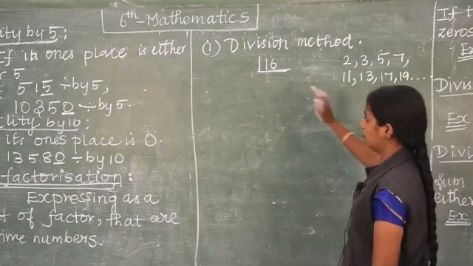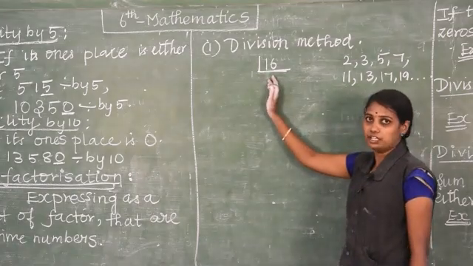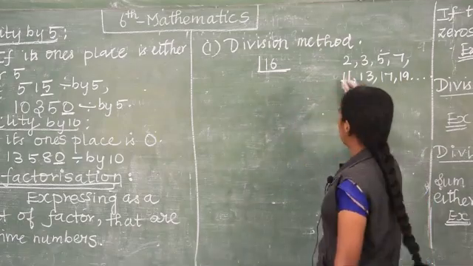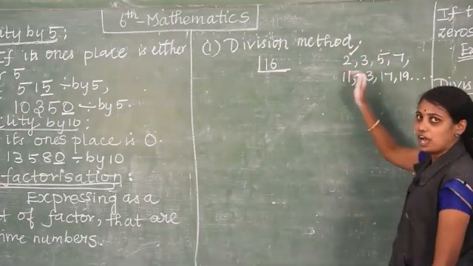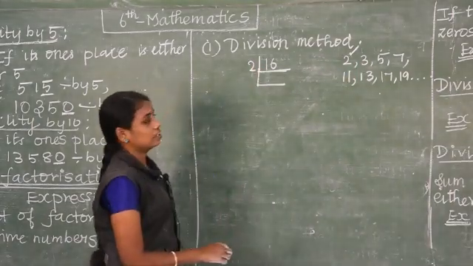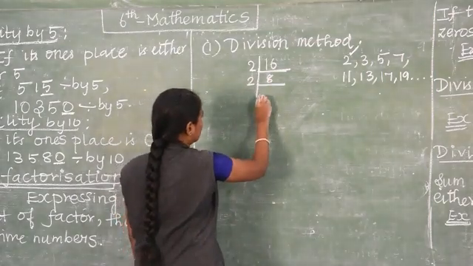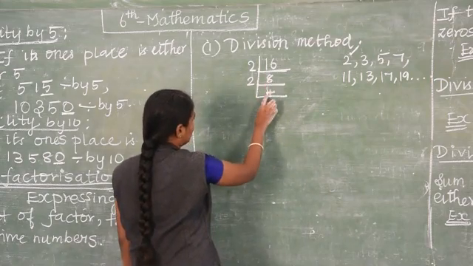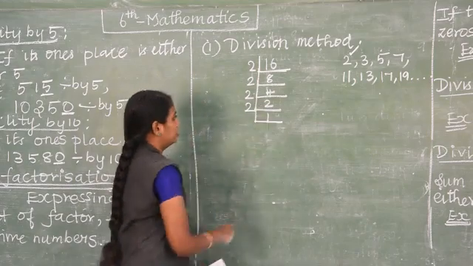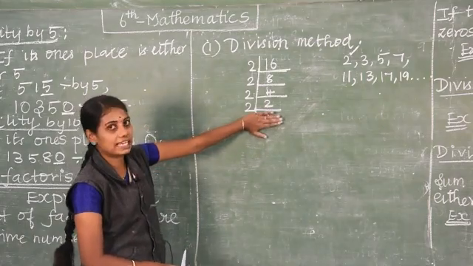Using these only we are going to divide the number 16. You know that it will come in the 8 table, but we should use only prime numbers. So I am going to follow the prime numbers starting from 2, the smallest number. How many times will 2 come in 16? 2 table, 8 times. 8 again, 2 table, 4 times. 2 4s are 8. 4, 2 2s are 4. 2 1s are 2. Till you get 1 you should do it, but this 1 will not be taken as a prime number.